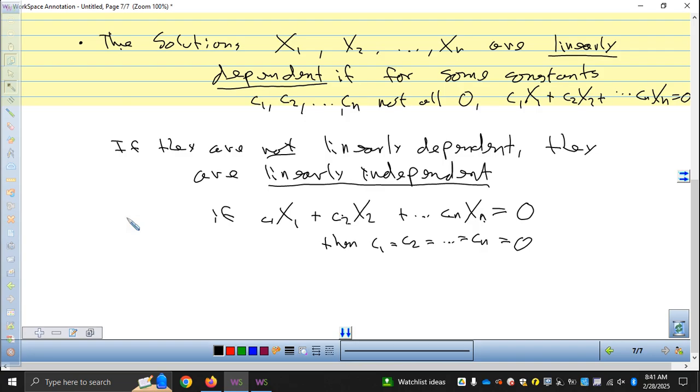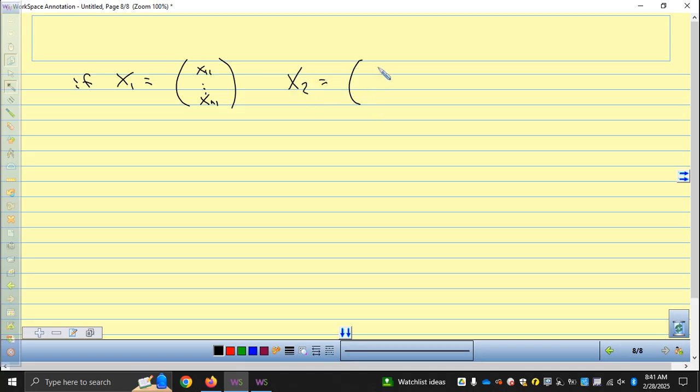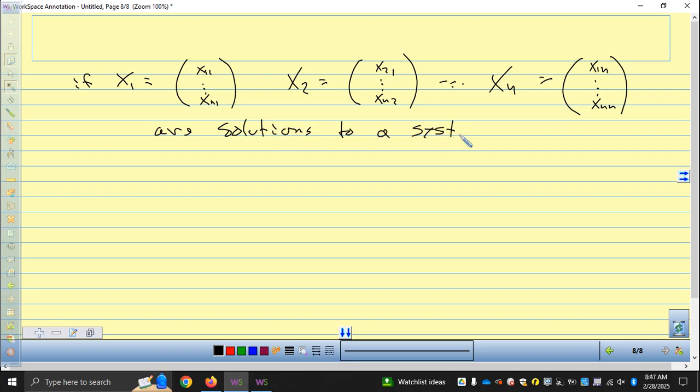And we have a nicer test for linear independence. So if x1 is this matrix, x11 to xn1, x2 is x21 to xn2, and xn some other column matrix, xnn, and these are solutions to a system of homogeneous differential equations on some interval, they are linearly independent